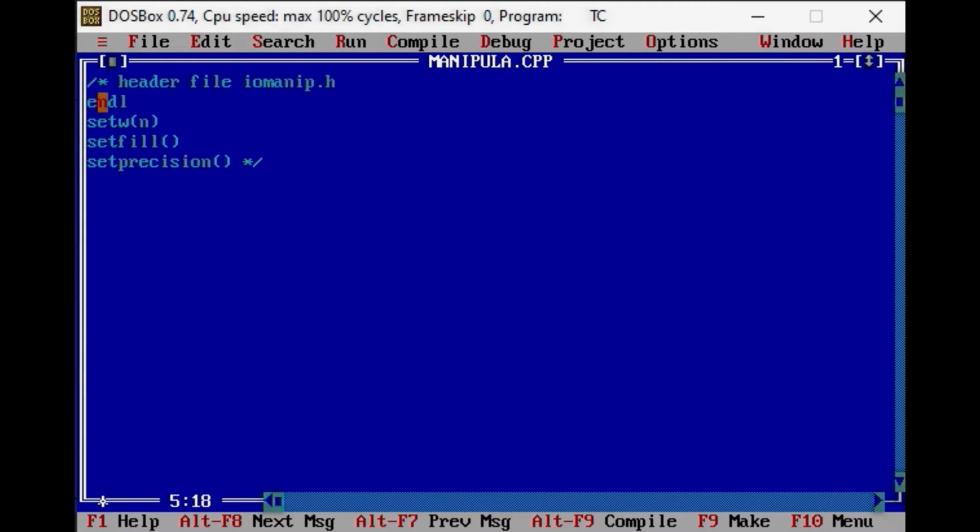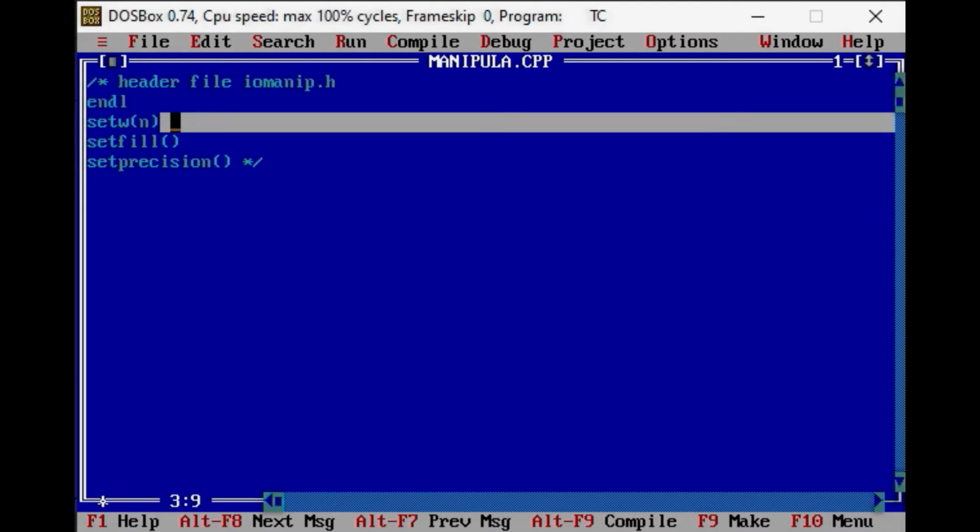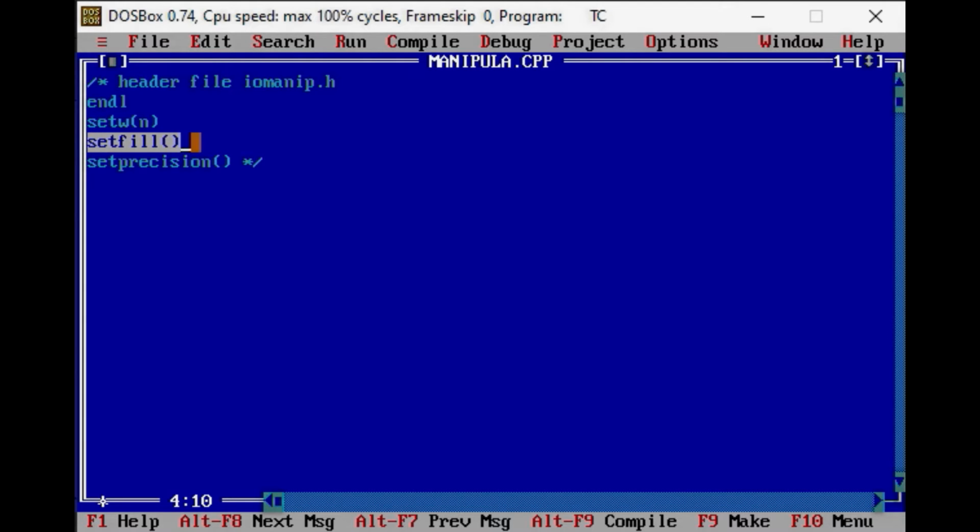Here endl is used to end the current line and switch to a new line. setw is used to set the width of the output. We will see in the program how we can set the width of the output. setfill is used to fill the unused space. When we are setting the width of the output, if there is any blank or unfilled space remaining, it can be filled by the character specified by setfill.